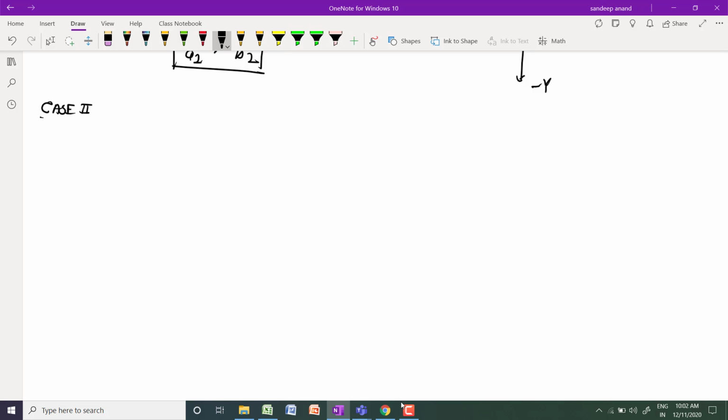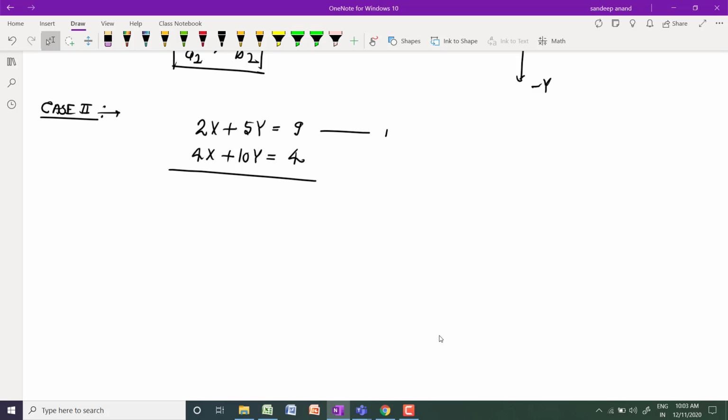Case 2. So I'm writing one equation over here, and this equation is 2x plus 5y is equal to 9, and the second equation is 4x plus 10y is equal to 4. Suppose this is the system of linear equations. This is equation number 1, this one is equation number 2. Now compare equation number 1 and 2 with the basic equation,